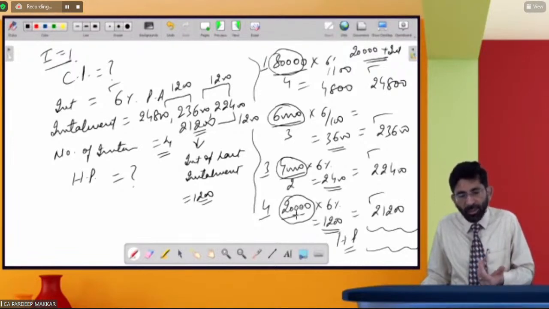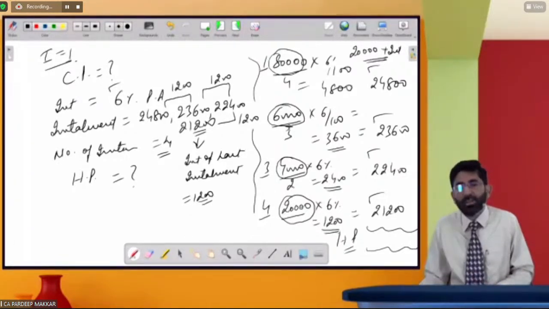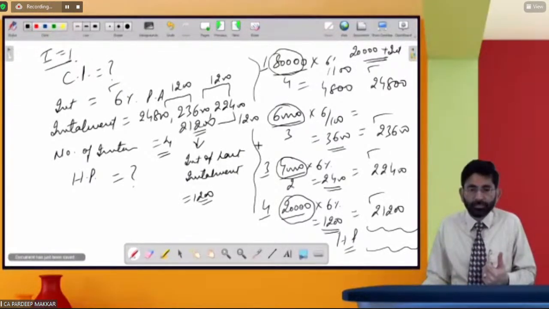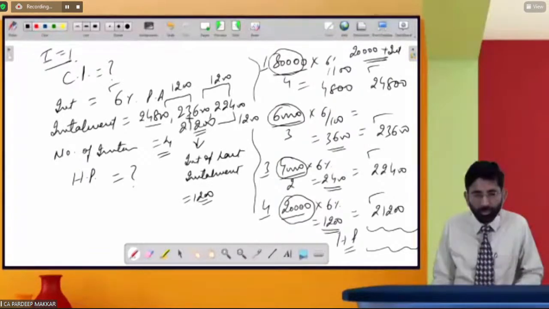तो मुझे क्या करना चाहिए, मुझे इंटरेस्ट भी तो उसी अमाउंट पे निकालना चाहिए। पहली बार अगर मैंने इंटरेस्ट 20 पे निकाला है, तो उससे पिछली इंस्टॉलमेंट में इंटरेस्ट किस पे निकाला होगा, 40 पे, मैंने डबल पे। उससे यहां पर इंटरेस्ट 3 टाइम्स पे निकाला होगा, तो इंटू 3 कर दिया मैंने। यहां पर 4 टाइम्स पे इंटरेस्ट निकाला होगा, तो उसे मैंने मल्टीप्लाई बाय 4 कर दिया। तो इसीलिए मेरा जो इंटरेस्ट इंक्लूडेड इन ईच इंस्टॉलमेंट है वो मल्टीप्लाई होके आ जाता है।